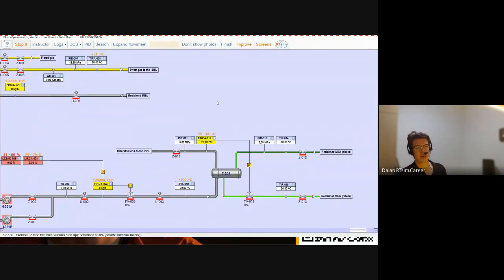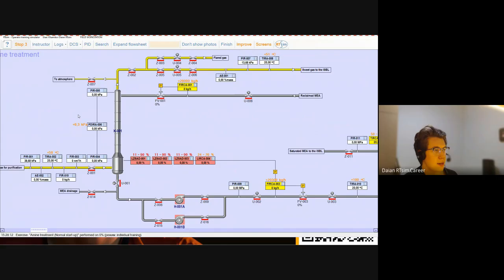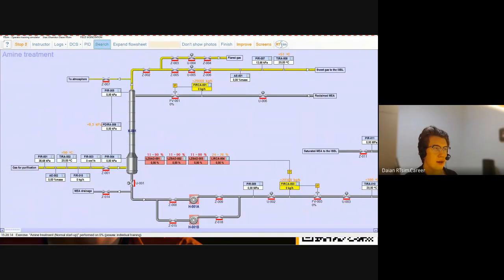In this case, it is T1. But about the heat exchanger, we have a big stream. So I will share the link in the description of this recording later, and you can gain theory about the heat exchanger from our previous stream. And let's try to start up our unit,